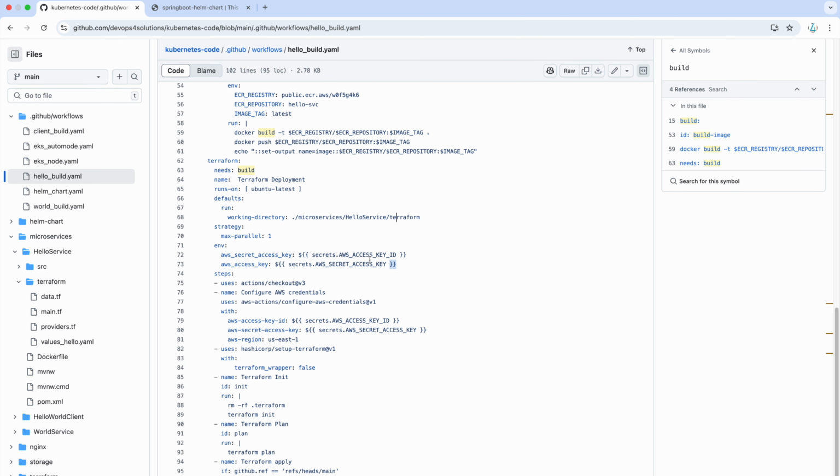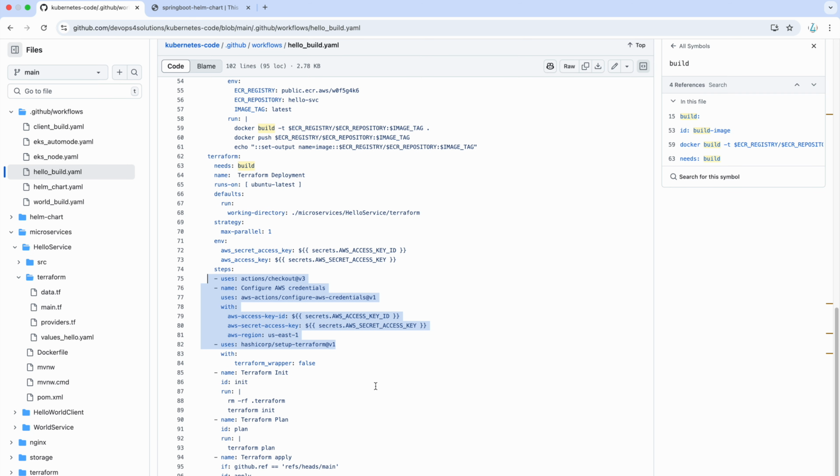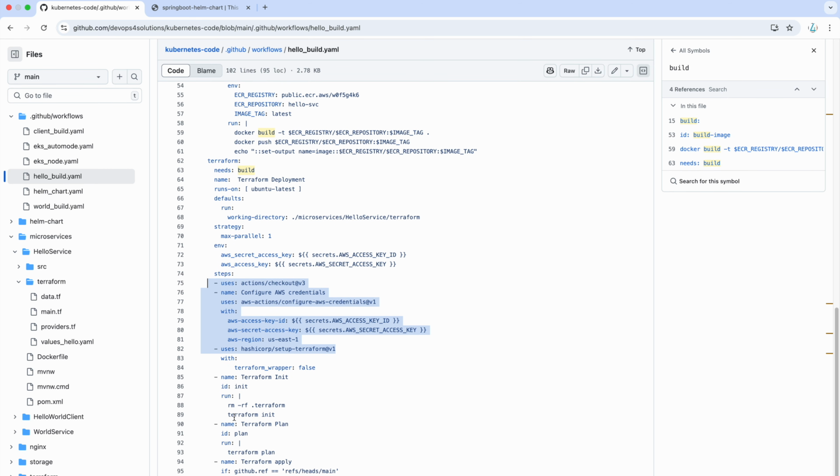And you have to provide the AWS access keys because you are deploying everything on the EKS cluster. That is where you provide the AWS credentials. And then the simple things like terraform init, terraform plan, and terraform apply. There is nothing else we are doing in terms of GitHub Actions, just simple Terraform commands.